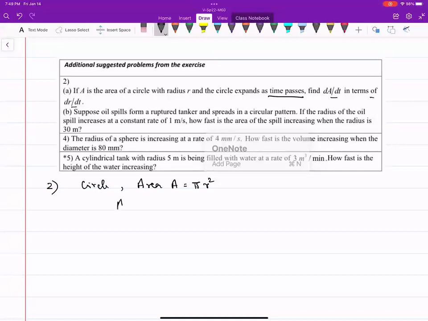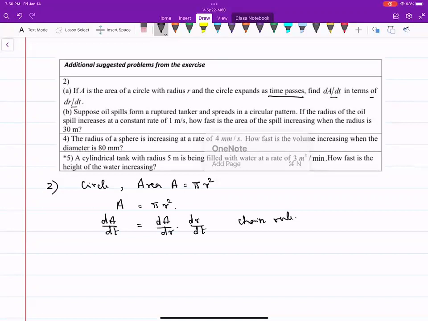So let's take this relation connecting the variable A and R. Then what is dA by dt? Which is dA by dr times dr by dt, which is chain rule. The difference between the earlier differentiation and this one is that we are actually